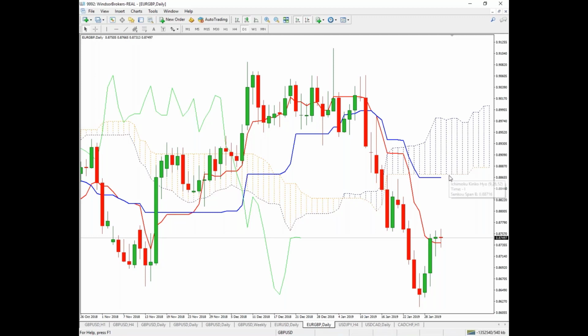So in case of a scenario that the price reverses lower, we can say that the base of the very thick daily cloud, reinforced by the daily Kijun-sen, blocked or capped recovery action, and this shifts immediate risk to the downside. So whoever was long from here should think of either exiting the long position or tightening stops in order to